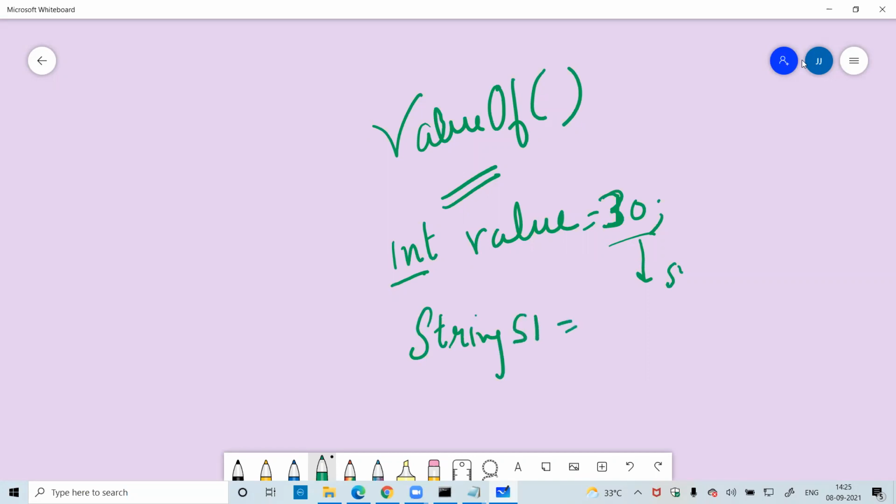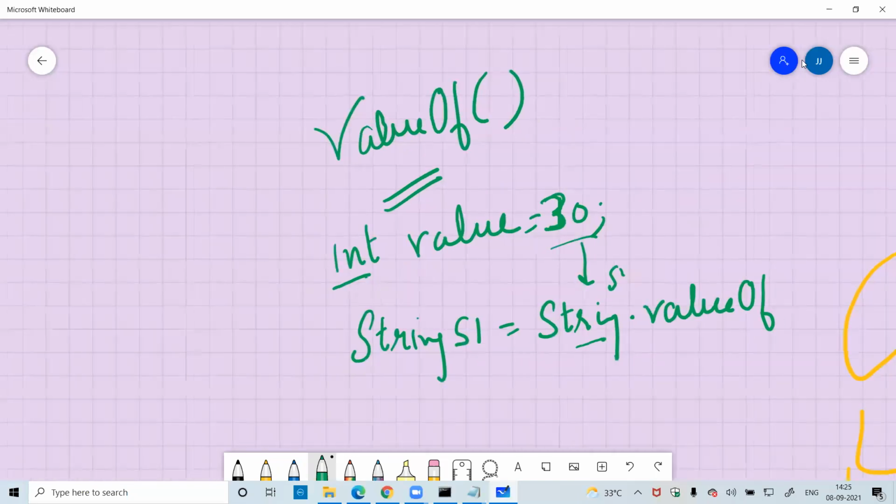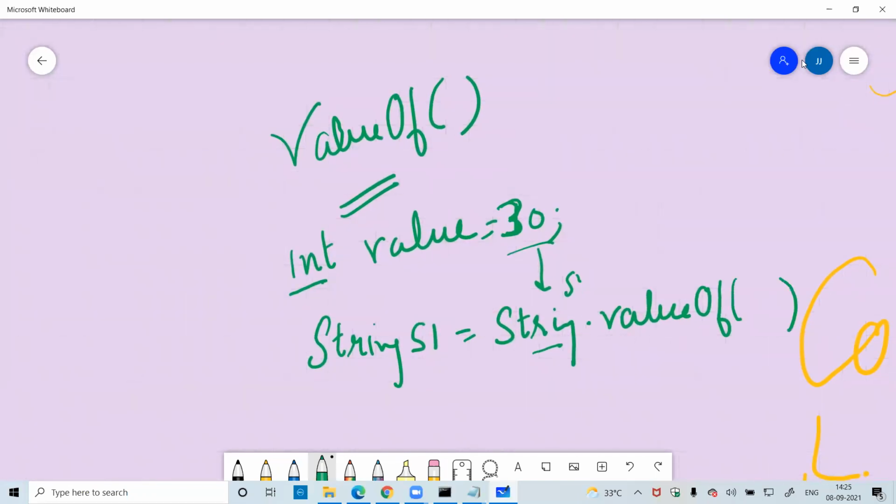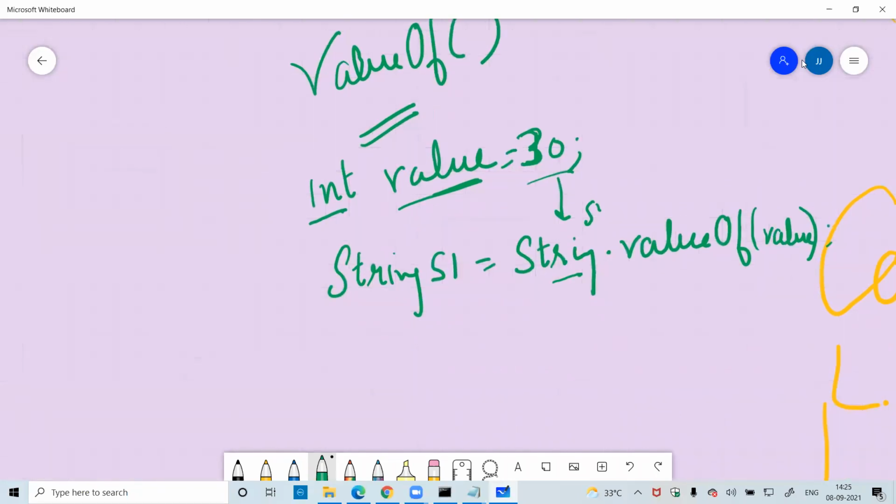Suppose there is string S1. Here I will write the String class and dot. The String class contains one method, that is valueOf, with value in small letters and O capital as this is the method. And within this method, I will write this variable name. Now, if I write SOP, SOP means System.out.println, S1 plus 10.